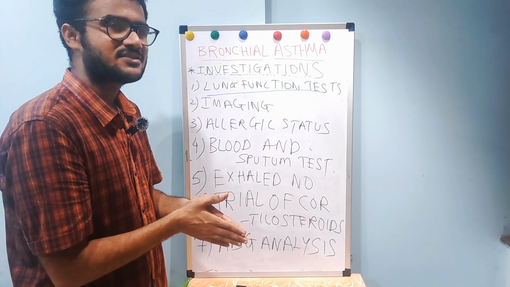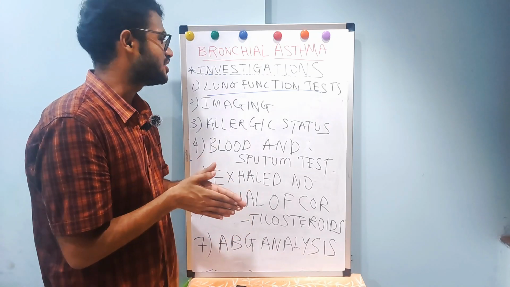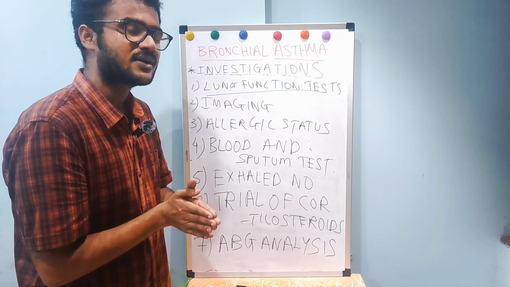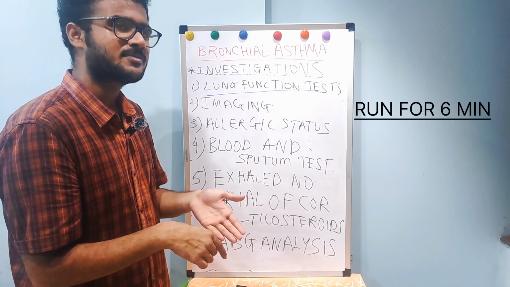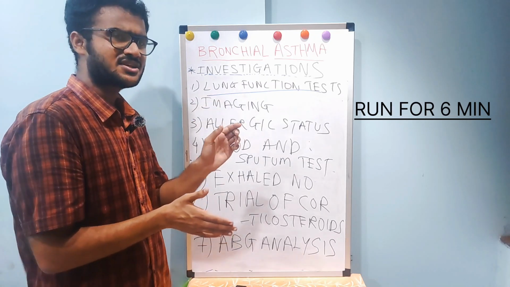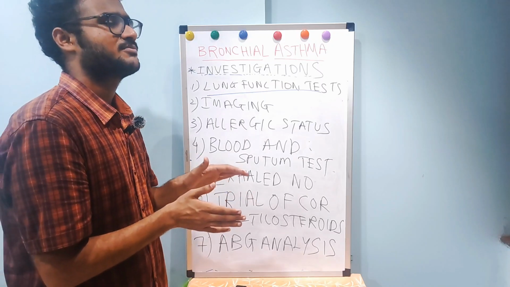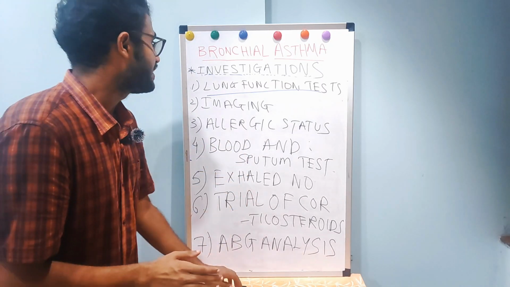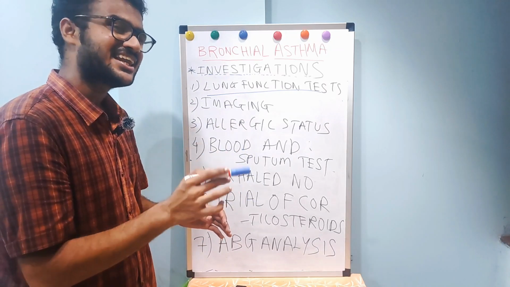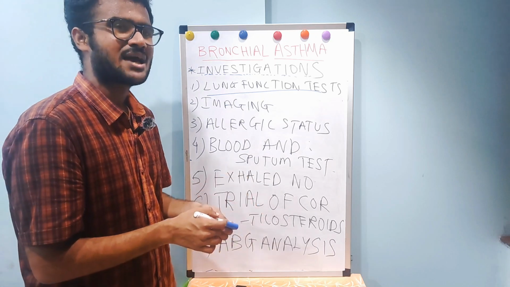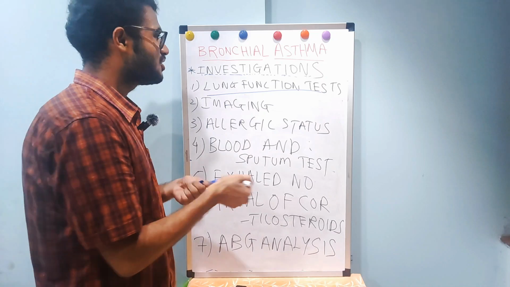Then there is one more test, that is carbon monoxide transfer test. Basically in asthma its value is increased. And the exercise test is done in children, wherein the child is told to run; if the heart rate is greater than 160 beats per minute, then it is normal. For airway hyperresponsiveness, we do histamine or methacholine provocative test. And there are some endogenous mediators, indirect challenge tests like mannitol, hypertonic saline, eucapnic hyperpnea. So that is about the lung function test.